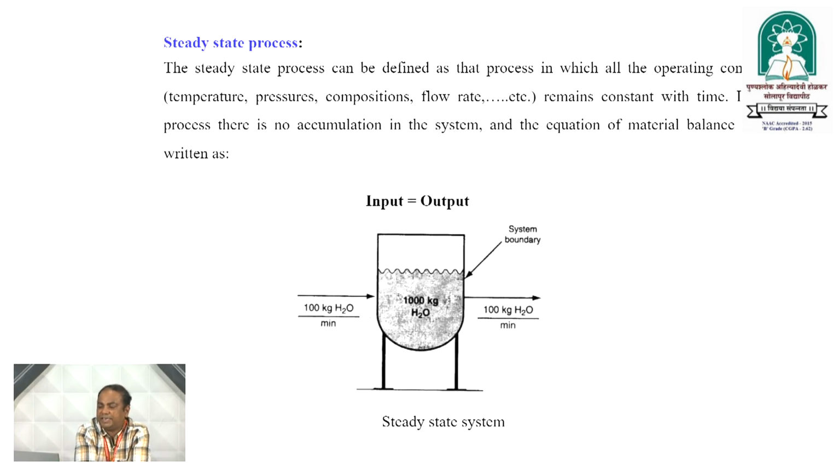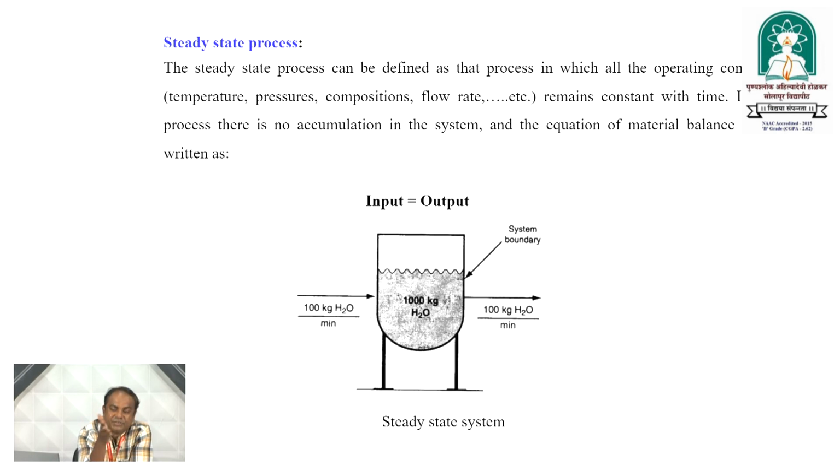In a steady state process, any one of the processes, that is batch, continuous and semi-batch, can be considered as a steady state process. Why is this called a steady state process? Because we have been given an option to call any of the processes, that is batch, continuous or semi-batch, a steady state or unsteady state process. That means we have to classify these three processes between steady state and unsteady state.